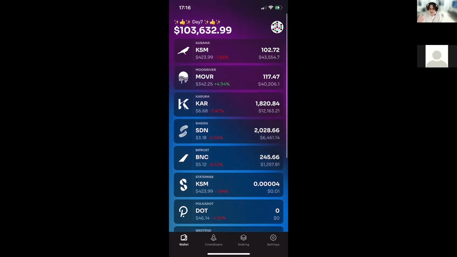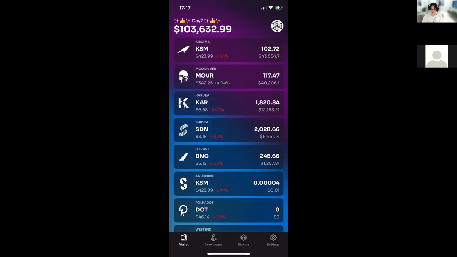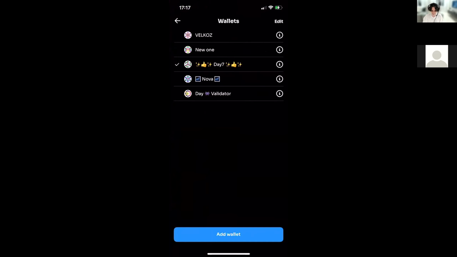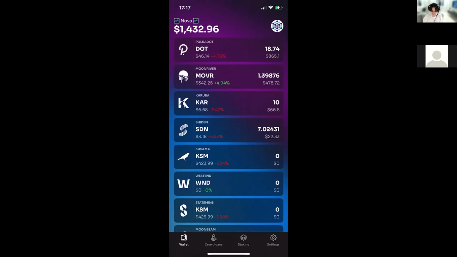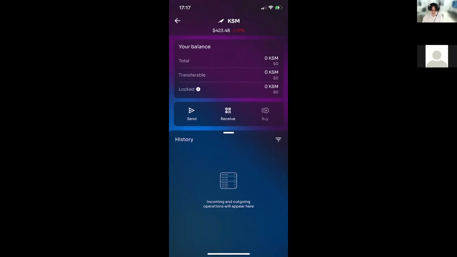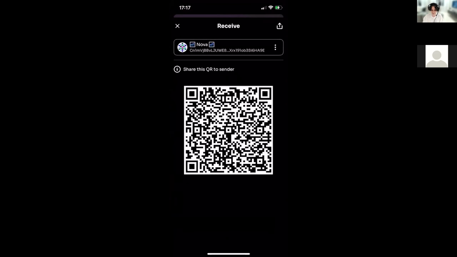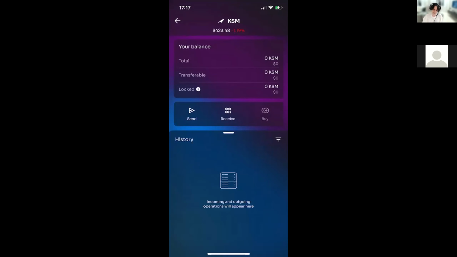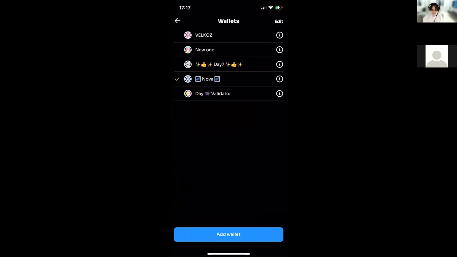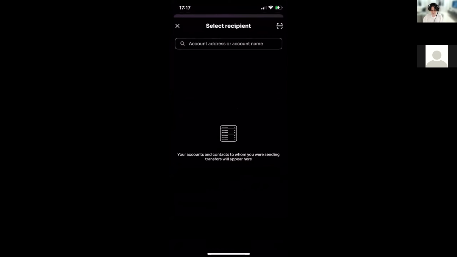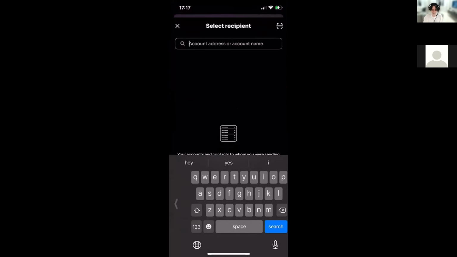Okay, so let's try to basically test. So let's try to send Kusama tokens first, right? Because that's well tested and easy. So let's get the Kusama address of this account. So we tap on Kusama here, receive, tap here, copy address, and we'll go back to the other wallet to basically send Kusamas. We're tapping address here, and